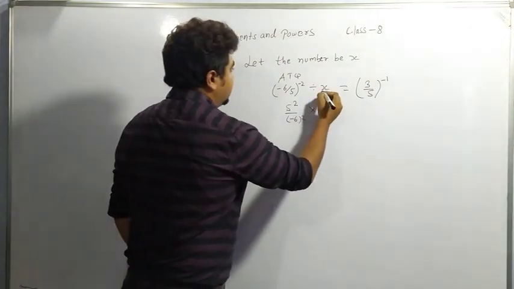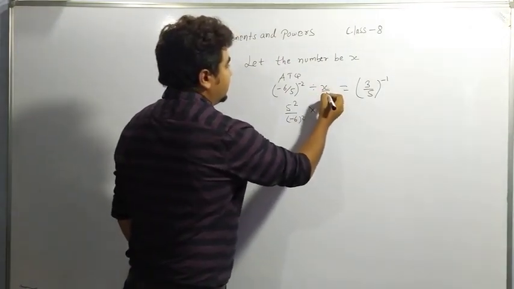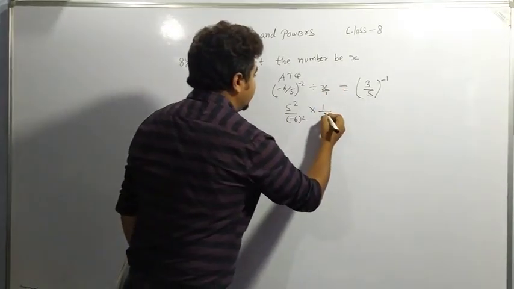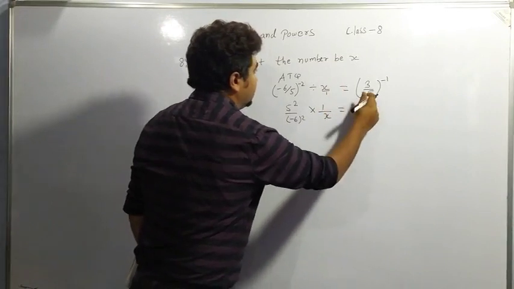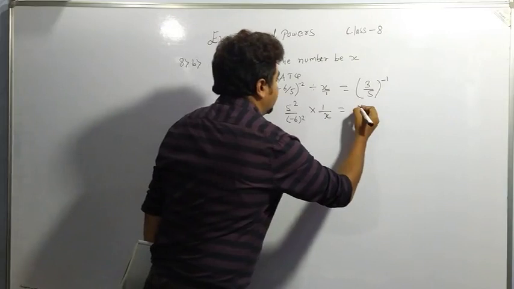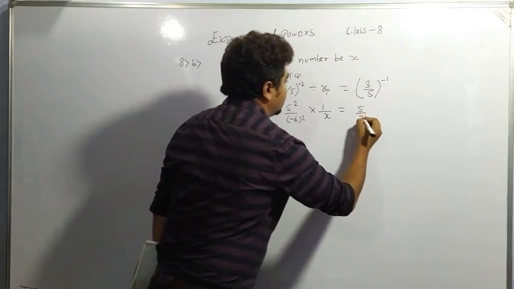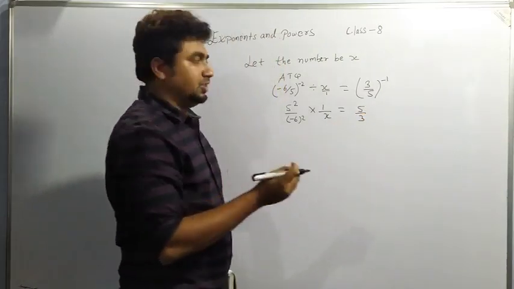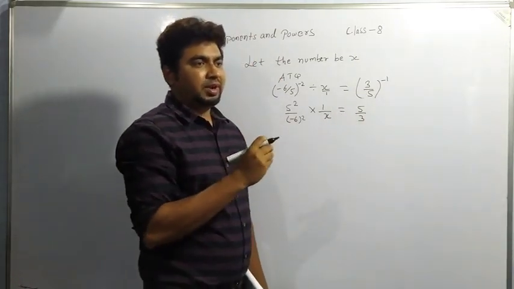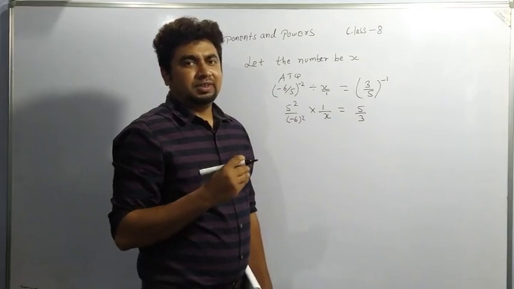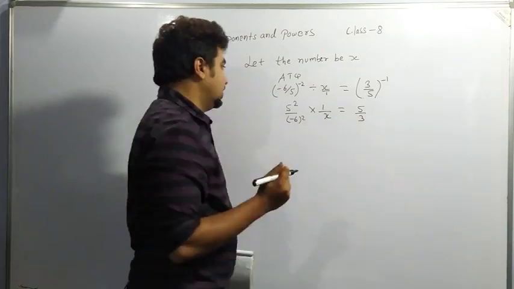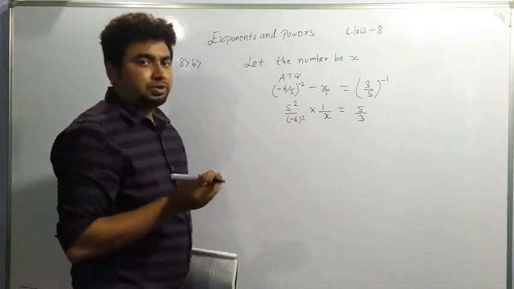So in the denominator it is 1. So make denominator as numerator and numerator as denominator. So it will become 1 by x is equal to 3 by 5 to power minus 1. Again we can change. It will become 5 to power 1 by 3 to power 1. We can change according to law 2. A by b to power minus n will become b to power n divided by a to power n. So it is related to law 2.